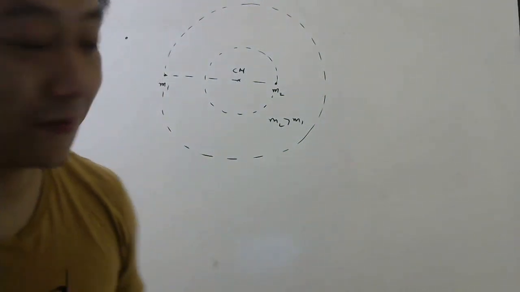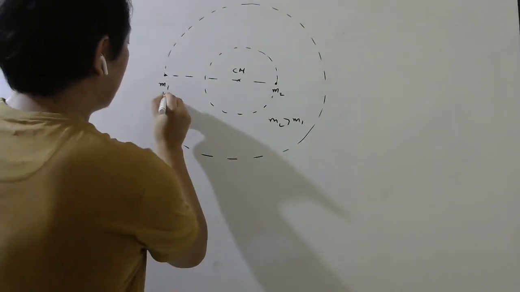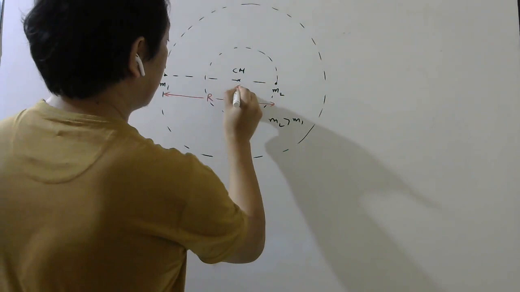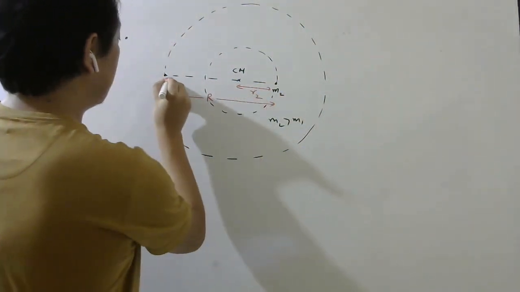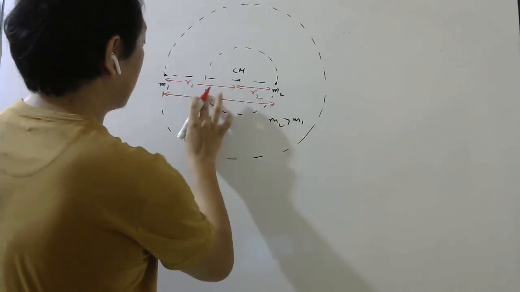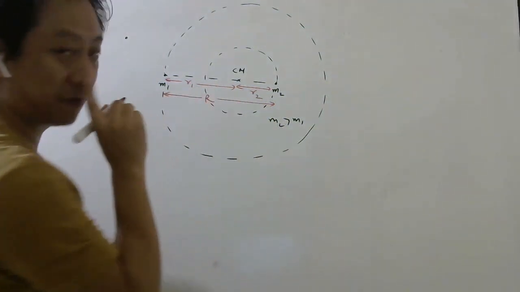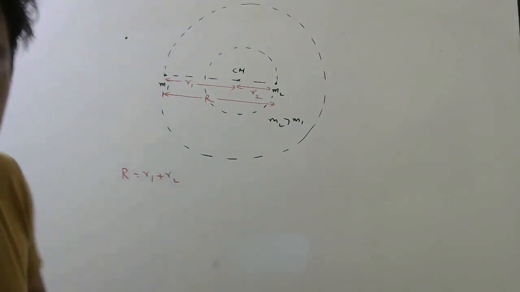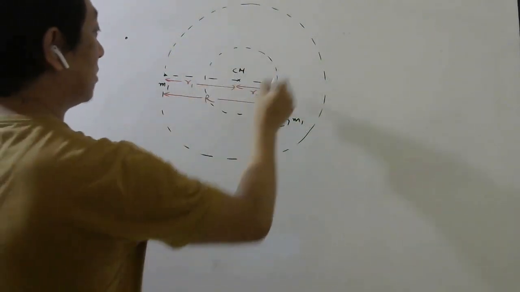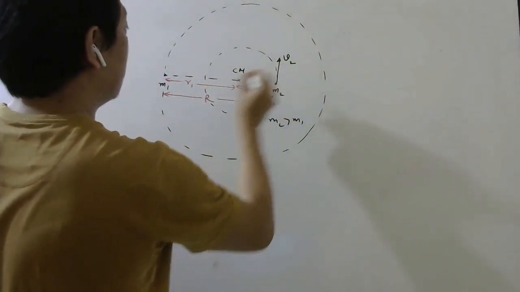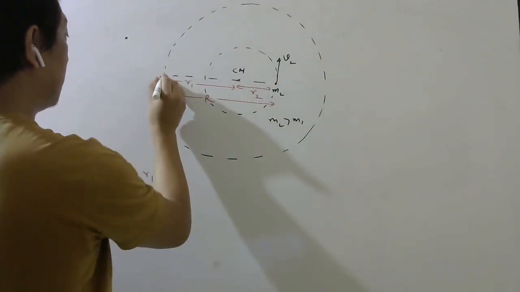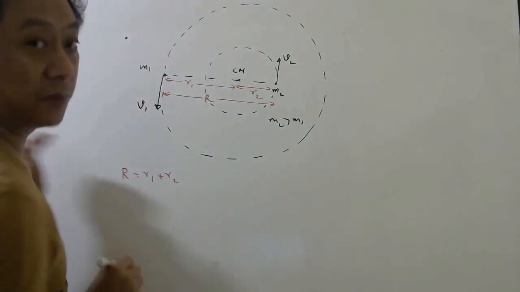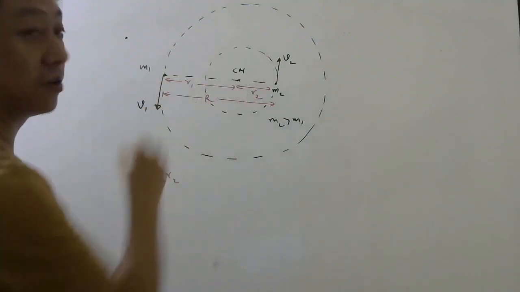Expected also, right? Okay. Now, let us say this whole distance is given as capital R, this distance is R2, and this distance is R1. Then of course capital R should be R1 plus R2. Now this will be moving with some velocity. If it is going like this, it will have some velocity v2 and this will have some velocity v1. Velocity will be tangent to the orbit, right? So these are the velocities.